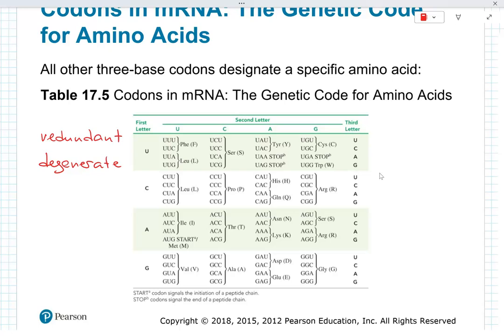tRNAs carrying the anticodon can provide whatever they're carrying. Because you have the